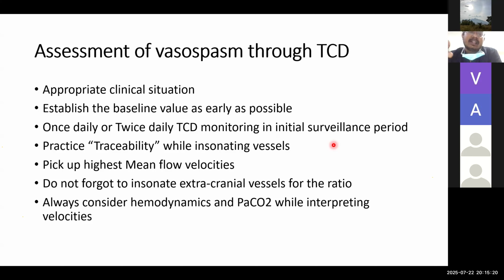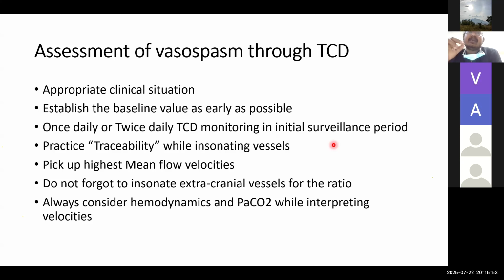They say that in the initial surveillance period, vasospasm starts from day 3 to 5 and peaks at 7 to 14 days. So start from day 3, and depending on the clinical scenario and the velocities, do once-daily or twice-daily TCD monitoring and document all the velocities. When you do it, while you are insonating a vessel, say the middle cerebral artery,